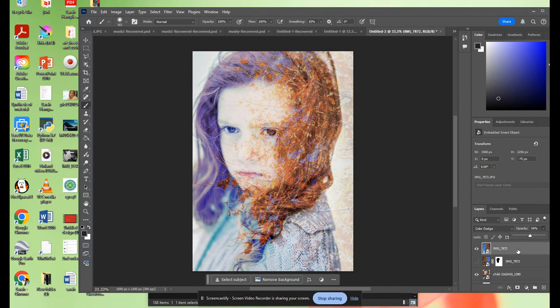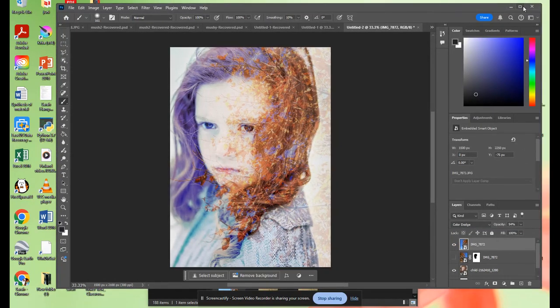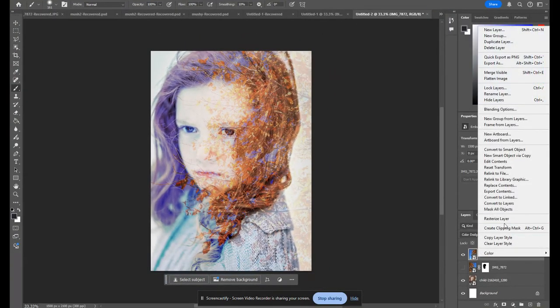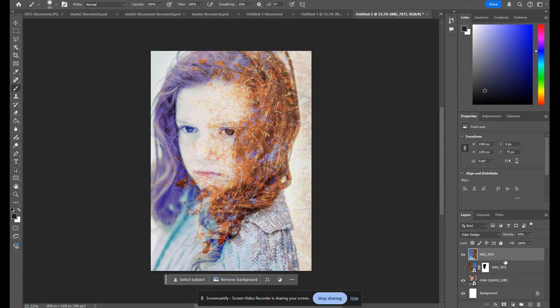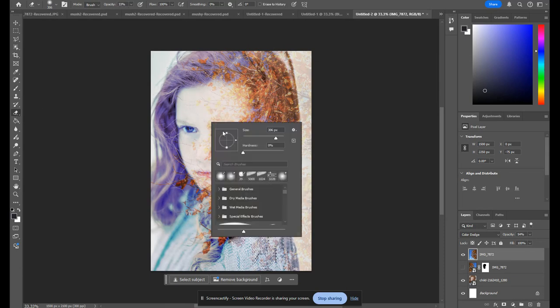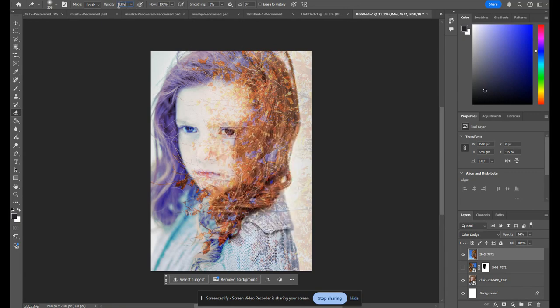And in this one, I'm going to rasterize this layer instead of masking. I'm going to erase. Now, first, I'm going to make sure my eraser is right-click, eraser nice and big, very, very soft, and I'm going to turn down the opacity. I have it to like 33. I'm going to use that, and again, use a little bit of erasing